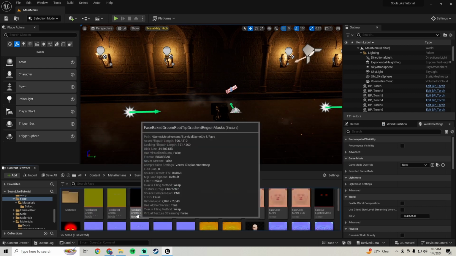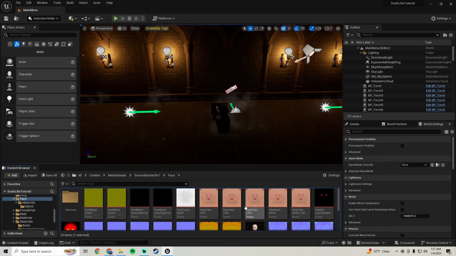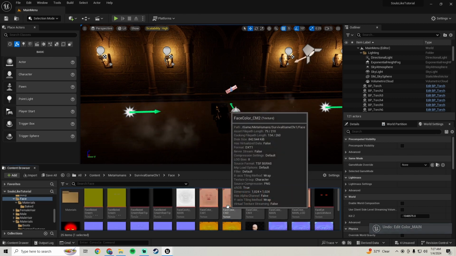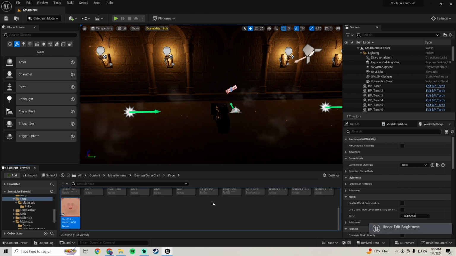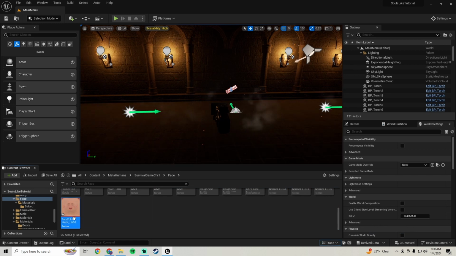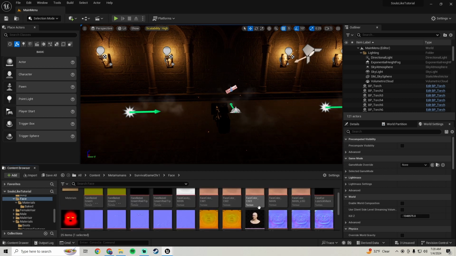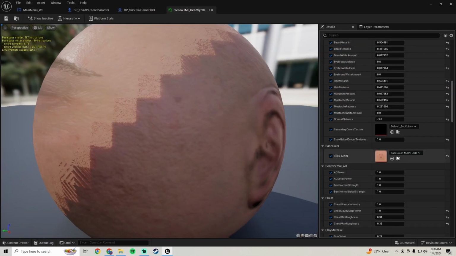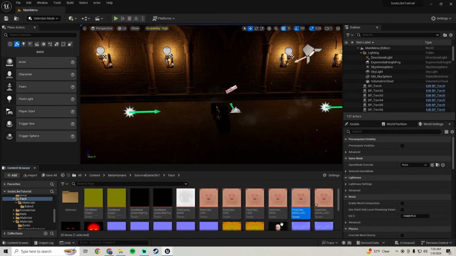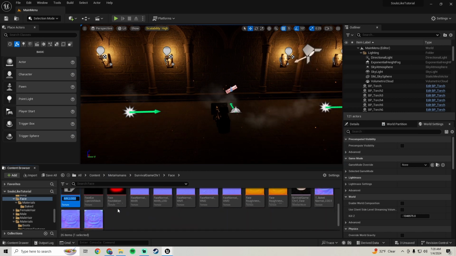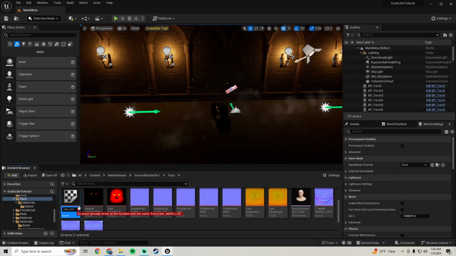I think this is the one I duplicated. I'm not too sure. Let me just Control Z that. It didn't. It's editing the previous material. I think it's this one though, since it's still highlighted. I'm just gonna edit it. It says LOD1 though. Alright, I'm just gonna duplicate it again. Let me just search on this. And that took me to this one, and I'm gonna duplicate it and rename it to yellow 1 face. Then I'm gonna open that texture